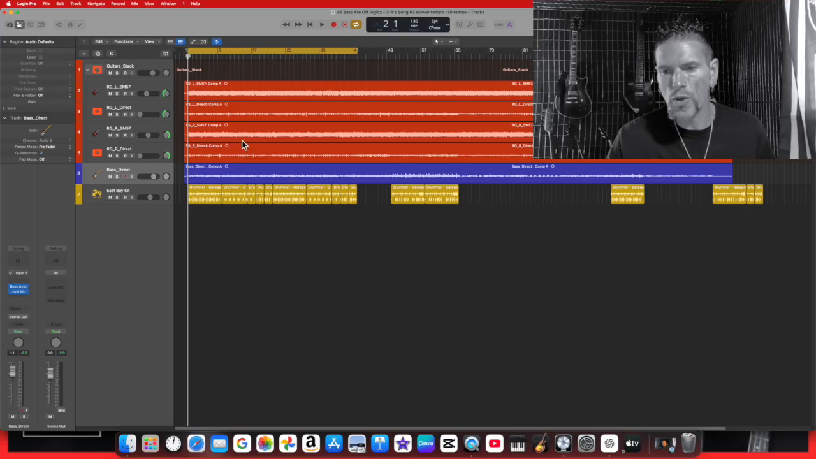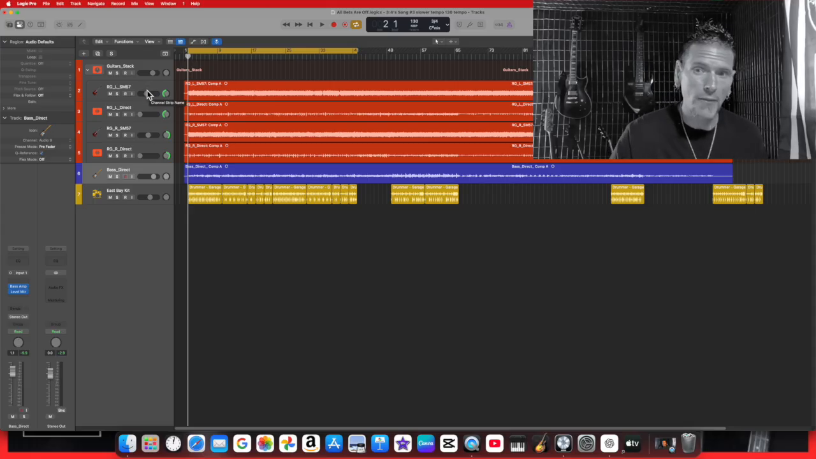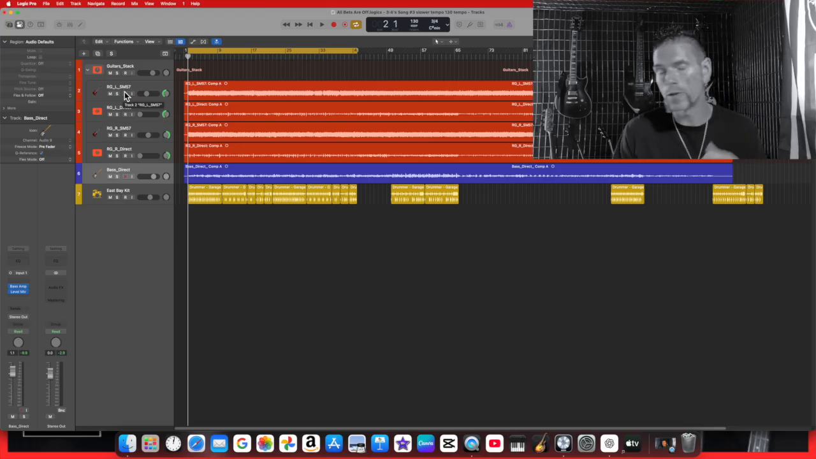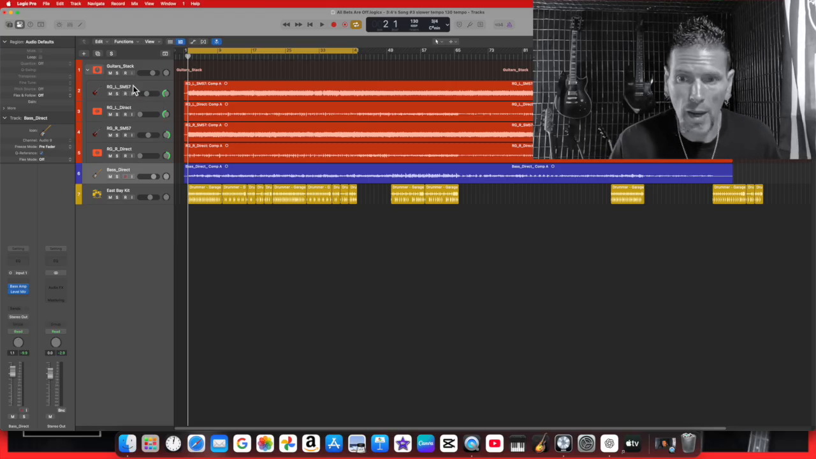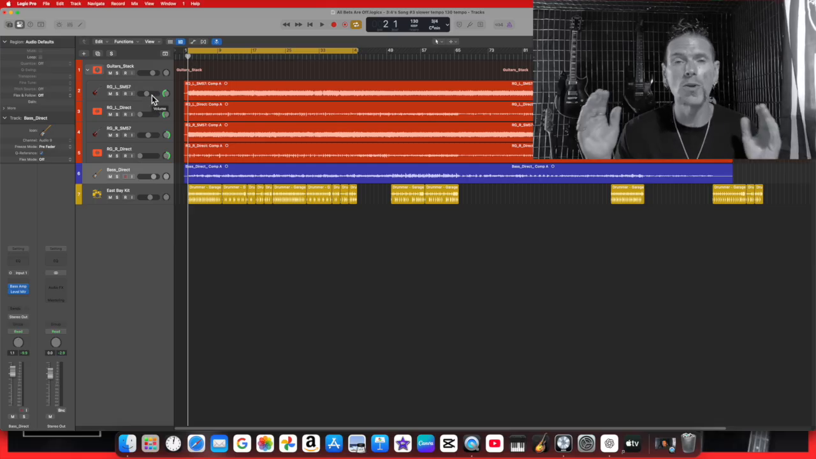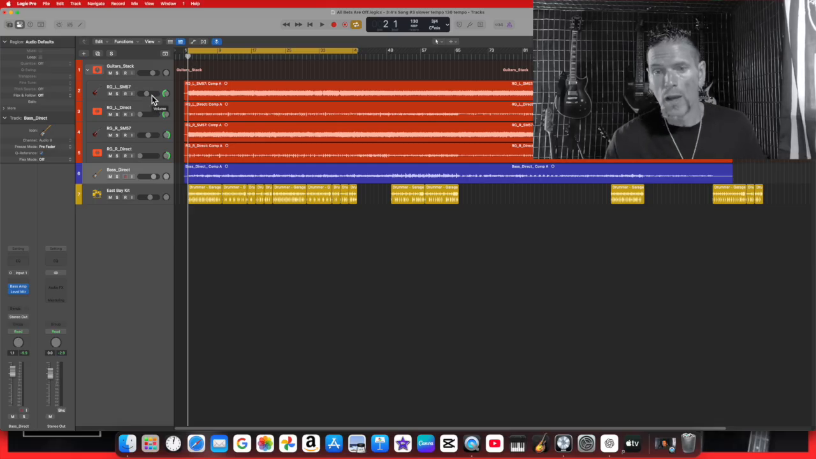So what I've done is I've already recorded the guitar parts right here in red. I've got a rhythm guitar to the left ear and a rhythm guitar to the right ear, basically. I'm only using 2 right now, and I have no effects on any of this except